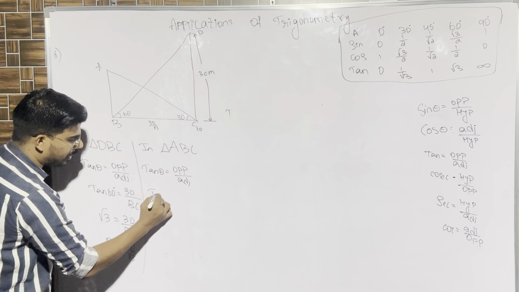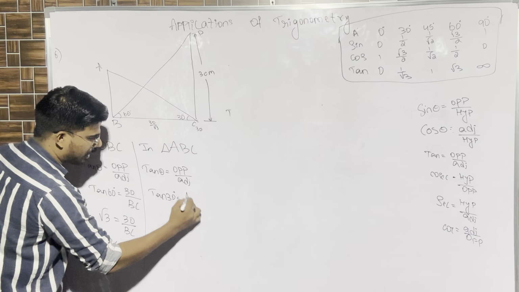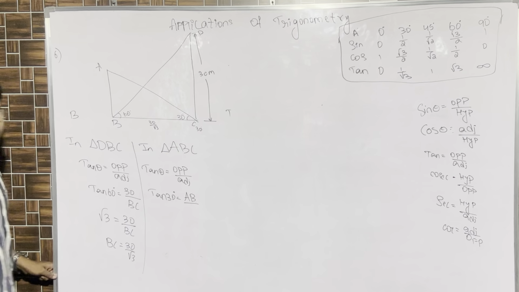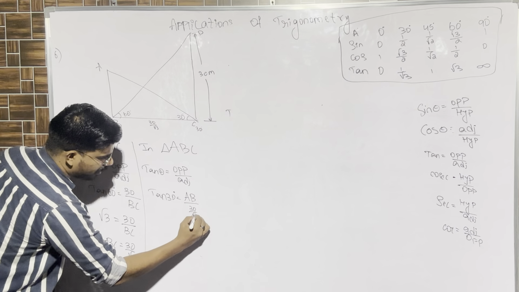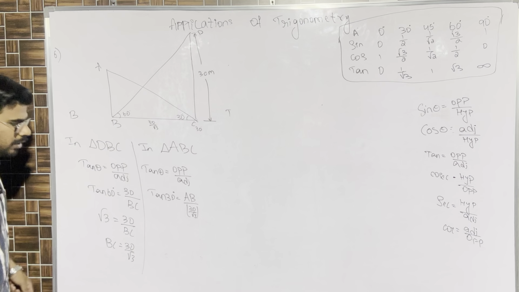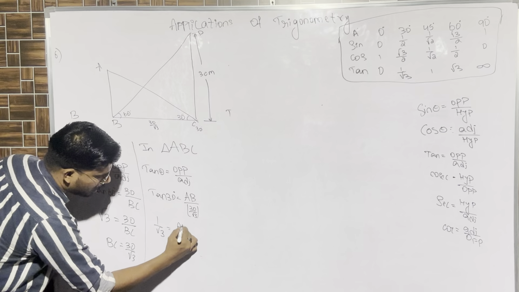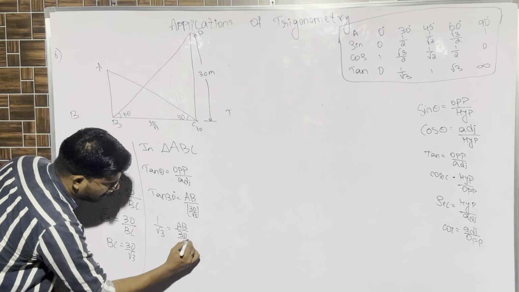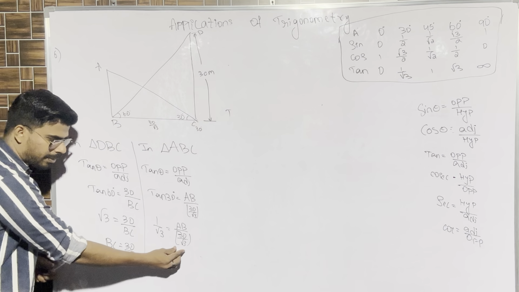How much is the angle now? 30. Tan 30 is equal to opposite AB. That is what we have to find. By adjacent BC, which is 30 divided by root 3. Do not get confused over here. 30 by root 3. What is the value of tan 30? 1 by root 3. 1 by root 3 is equal to AB by 30 by root 3. Right? So now this entire fraction which is there in the denominator, 30 by root 3, I am sending it